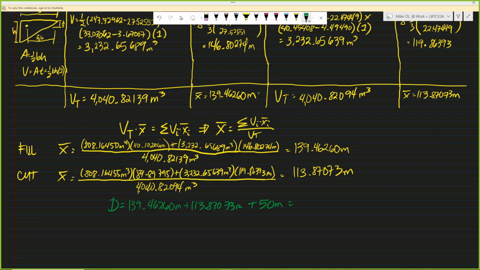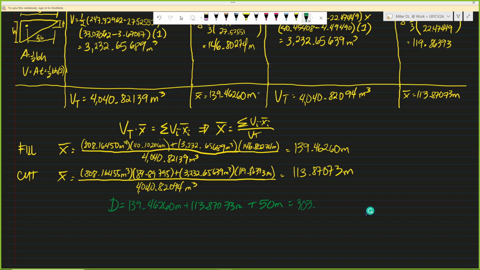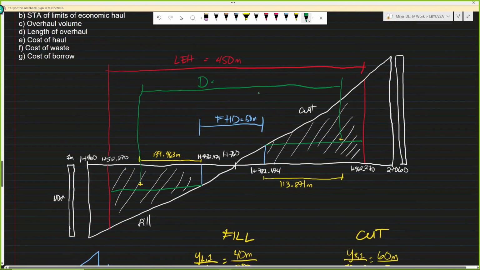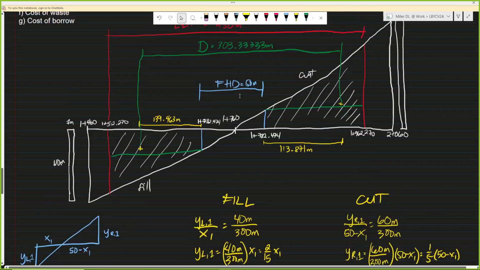What would be the value? 253. Added na yung 50. 303.333. Okay? Ayon si D. 303.33333 meters. Okay? Next naman natin is